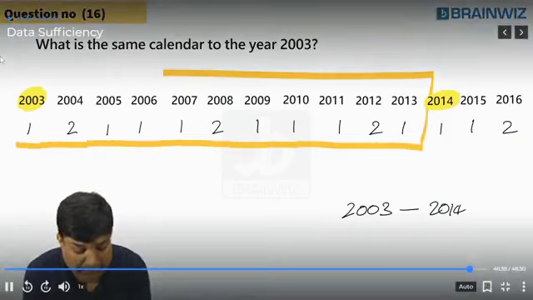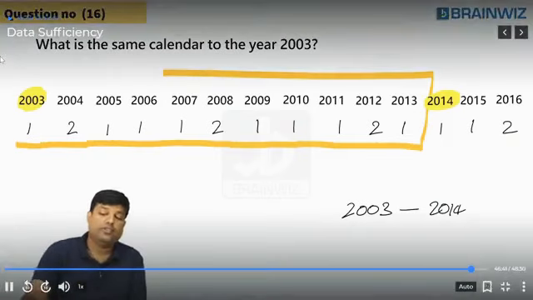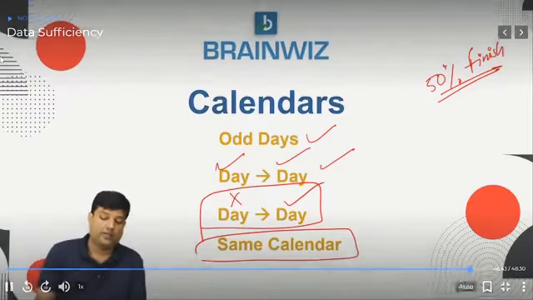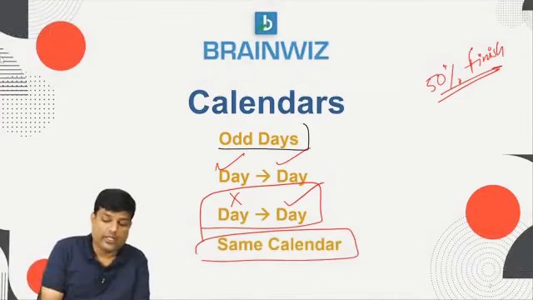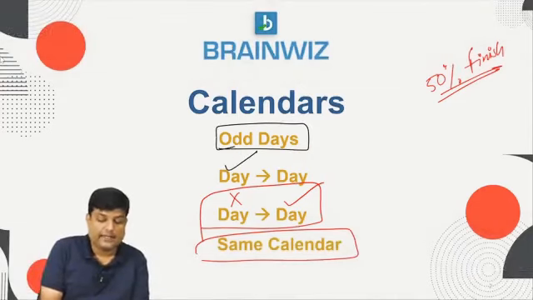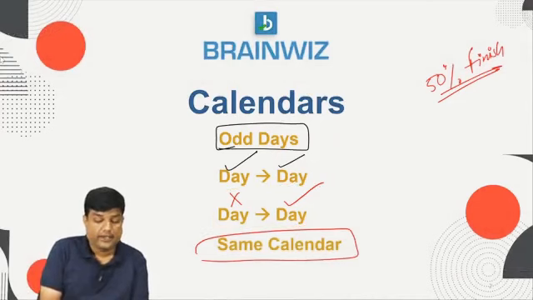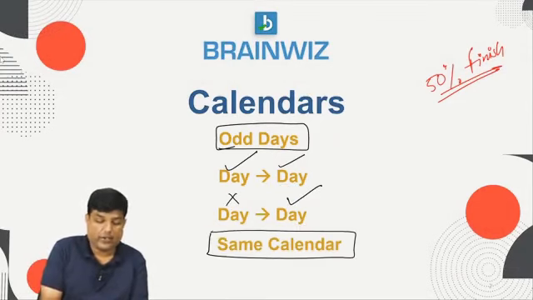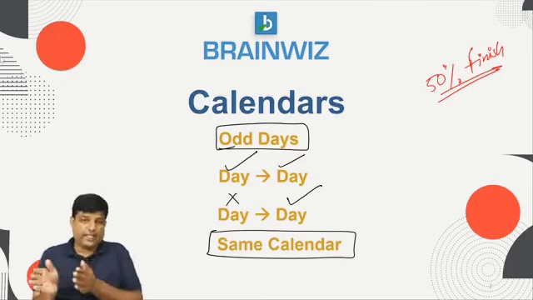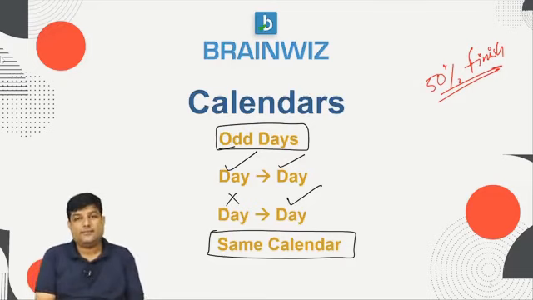This session is named calendars. So when we check it out here, students, what did we learn? We have learned how to find out the odd days. And when a day is given, you are supposed to find out the other day. The third model we have done just today, nothing is given, still you have to find out. And same calendars are quite simple. Remove the 7 odd days, definitely you will catch it. Are you understanding, everybody? Yes or no?